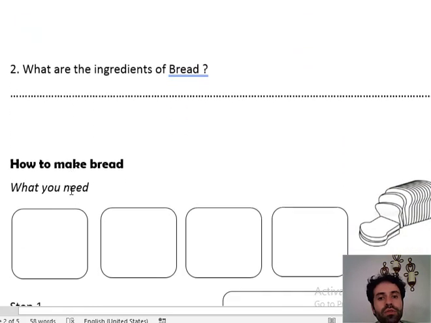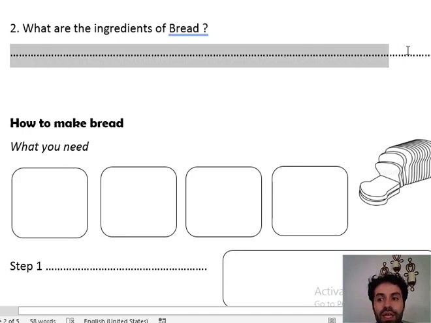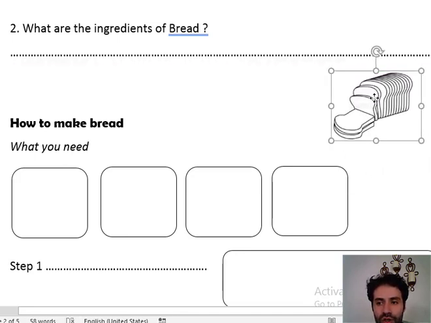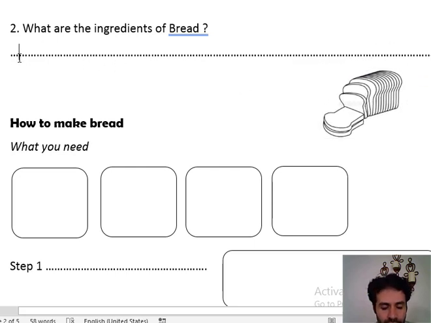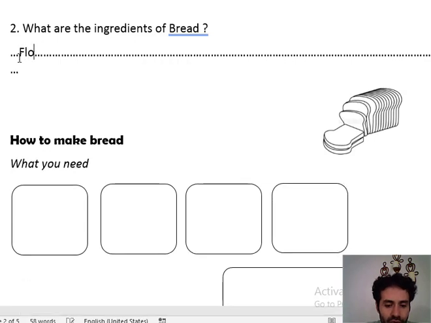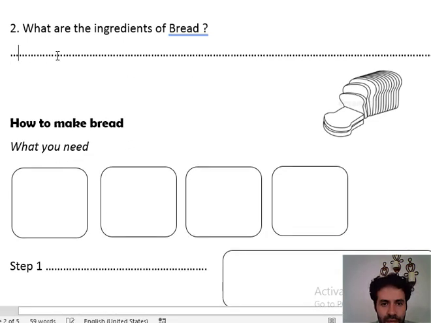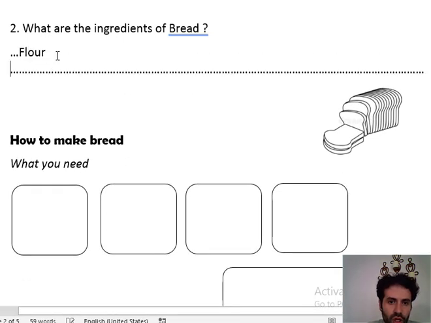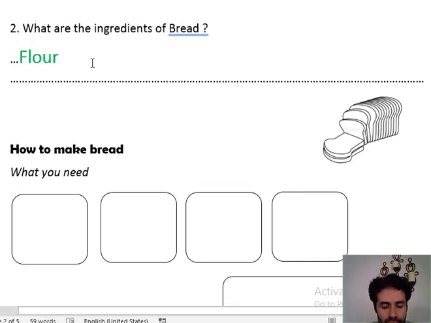So the next question is asking you about what are the ingredients of bread. This is a picture of bread. Do you see? So what are the ingredients? Okay. So first of all, we need flour. Then let me change the answer color to green, and make it a little bit big so you can see easily. Then we also use